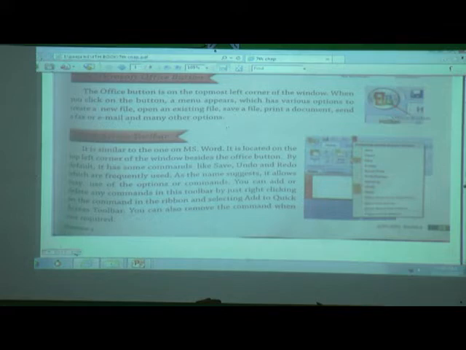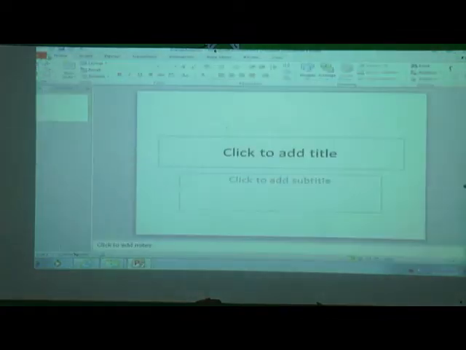You can add or delete any commands in this toolbar by just right clicking on the command in the ribbon and selecting add to quick access toolbar. You can also remove the commands when not required. You will see here, where is the quick access toolbar?